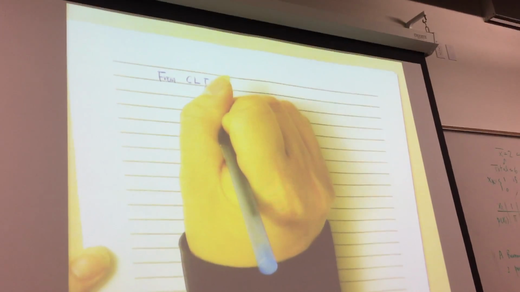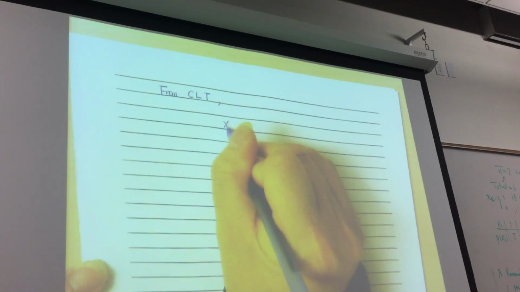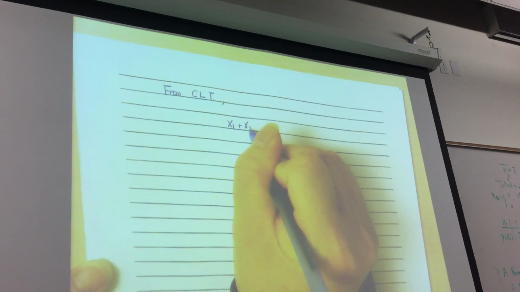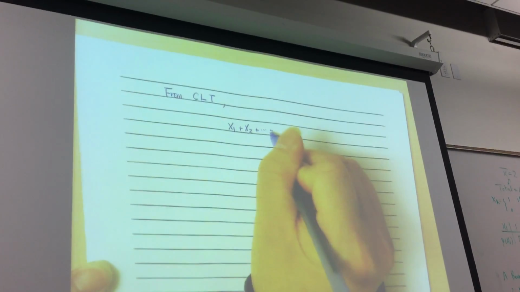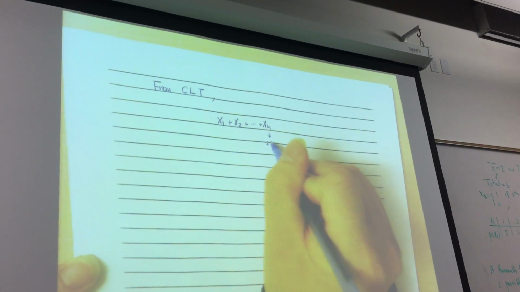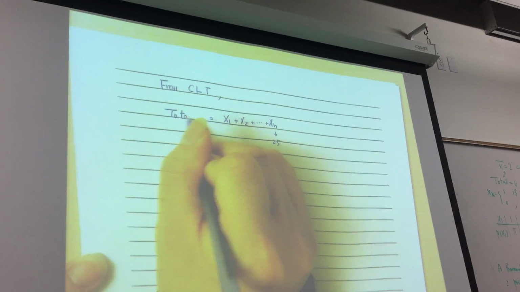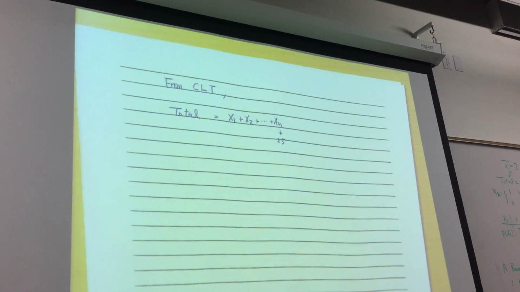Central limit theorem. What do we have? We have X1 plus X2 plus all the way up to Xn. N in this case is 25, right? This is what we call the sample total. Sample total should follow